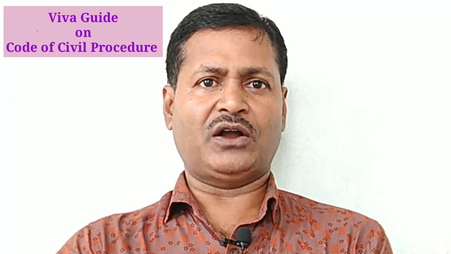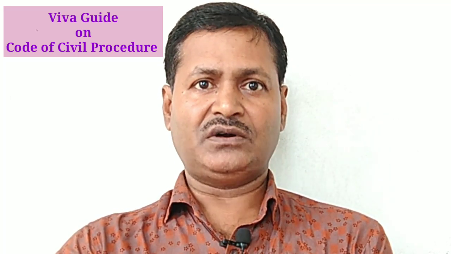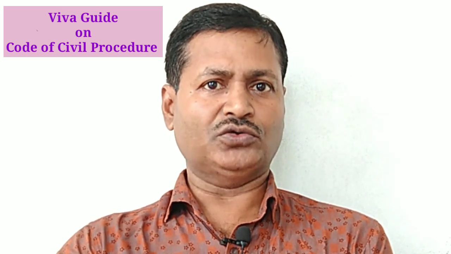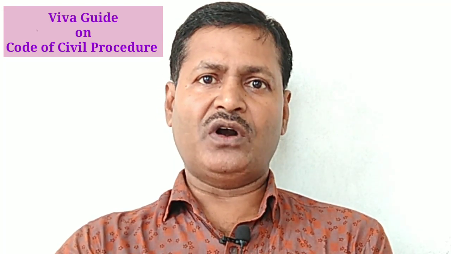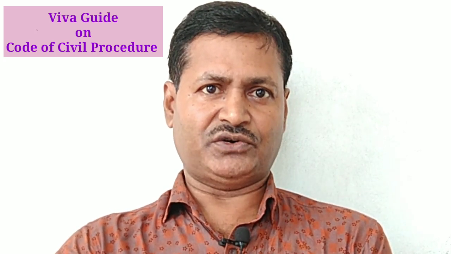Answer: according to Order 39, Rule 1 of the Code of Civil Procedure, where in any suit it is proved by affidavit or otherwise, (A) that any property in dispute in a suit is in danger of being wasted, damaged, or alienated by any party to the suit, or wrongfully sold in execution of a decree, or (B) that the defendant threatens or intends to remove or dispose of his property with a view to defraud his creditors,